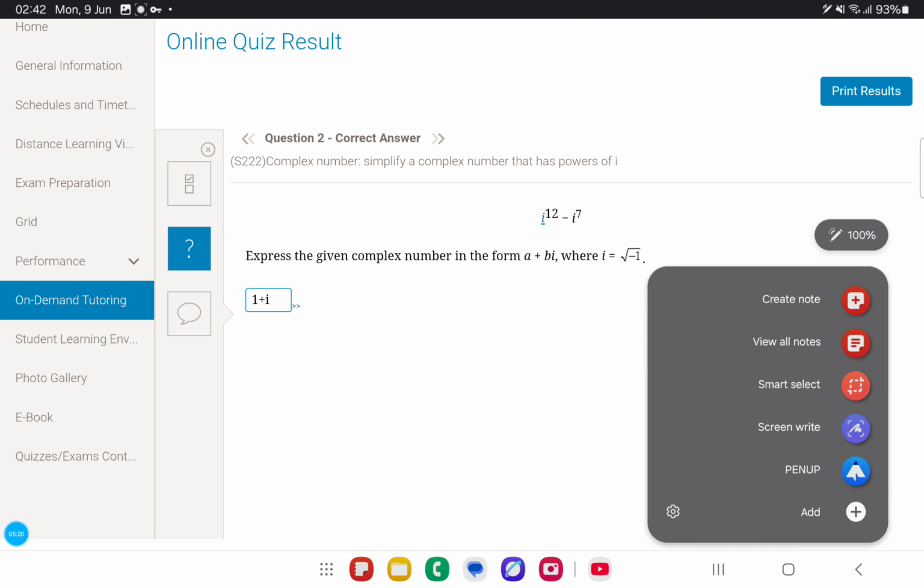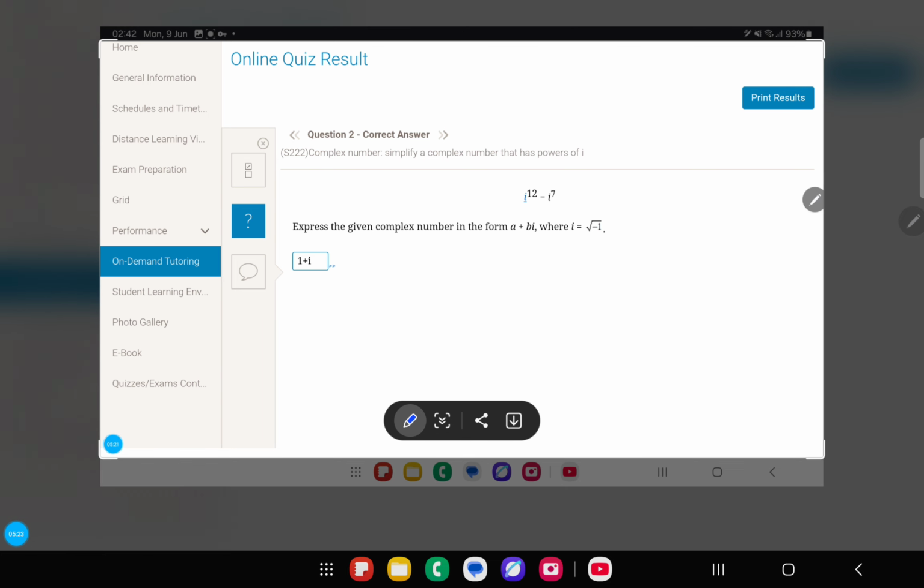Okay, this is really easy. This came in week 9 CA. What you're going to do here, you can do this on the calculator, but as always I prefer to do it manually just to be safe, to make sure you didn't make any silly mistake. Now you have i to the power of 12 minus i to the power of 7. So what do you do here? You simplify this, expressing it in the form